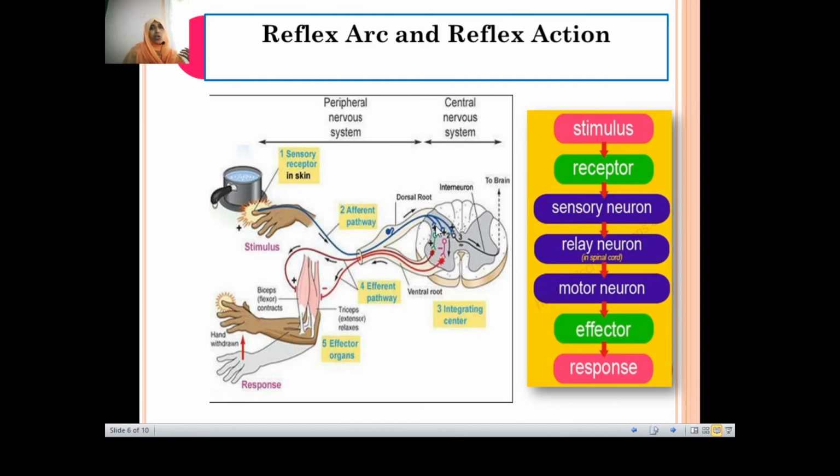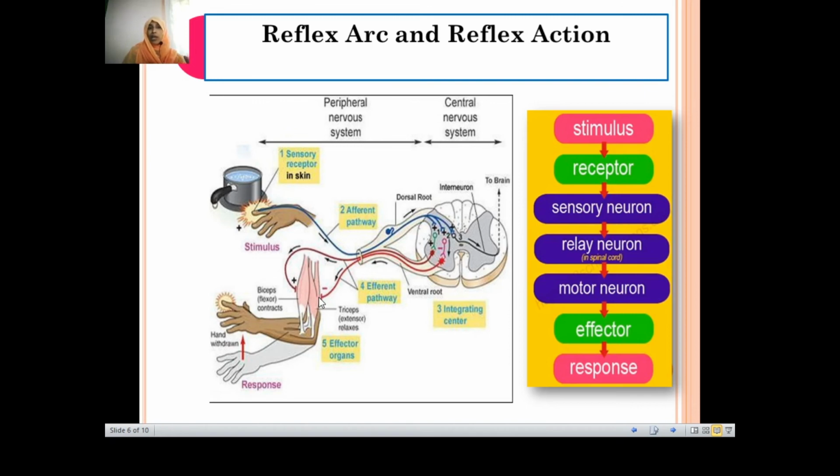In the spinal cord, the signal is then transferred to the effector muscles, and this pathway we call the efferent pathway. Now, what is the response? Immediately when you touch, you're going to release your hand. The spinal cord takes the action and sends the signal to just remove your hand, right? So you're going to contract. So these are involuntary actions. They don't need any thought process.